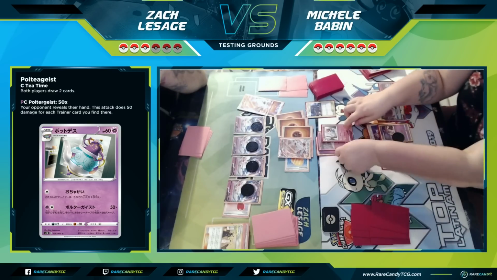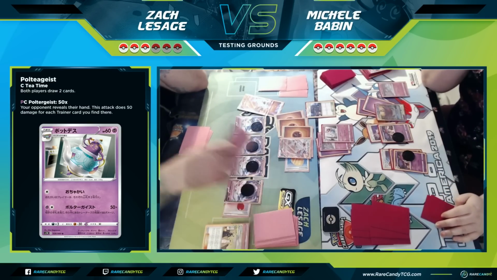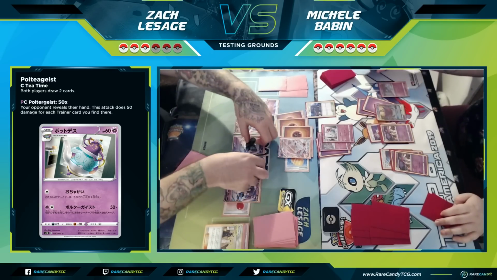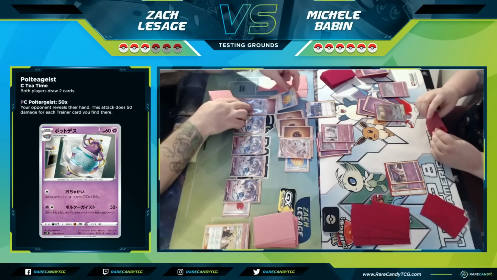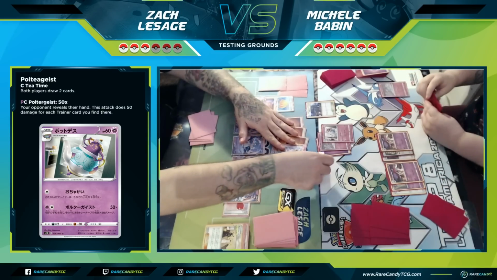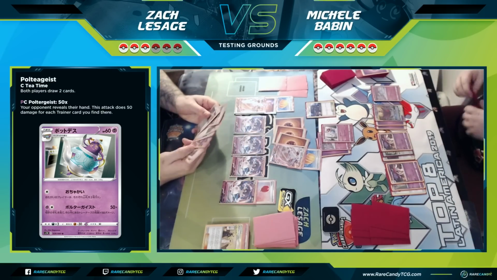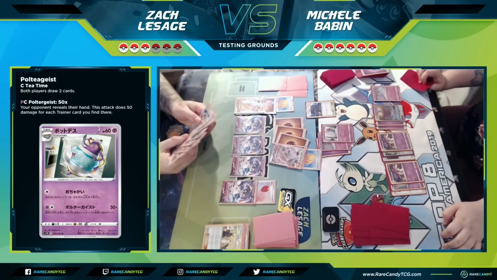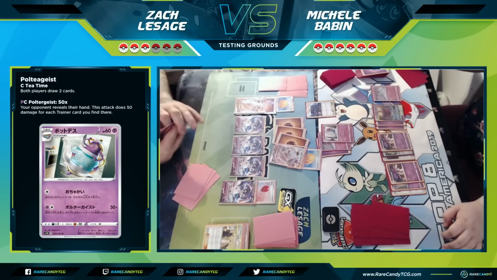I could be playing Ability Zard, I could be playing Cinderace, a lot of decks. So there we go. And that's tea time. Or drawing for my turn, one or the other. Just getting set up here as much as possible, organizing my bench a little bit. And it's one of those things where I just kind of want to blow through and attack,